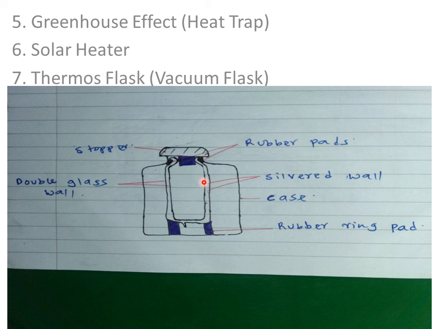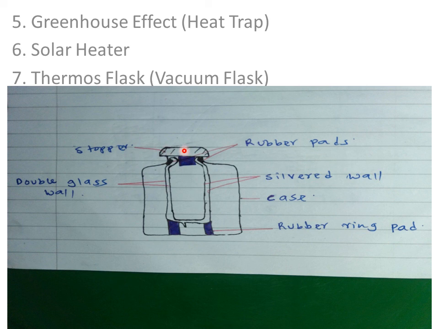Now you also remember that we also have what we are calling a stopper here. So the stopper actually prevents heat loss by evaporation. So it is corked well. The stopper is corked well at the top to prevent heat loss by evaporation, because remember the liquid within the double walls, within the flask, could actually evaporate. So to prevent heat loss by evaporation, we use a well corked stopper.